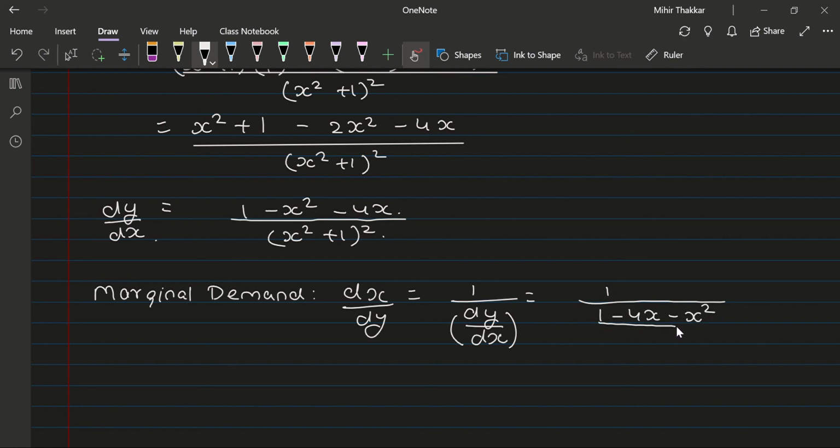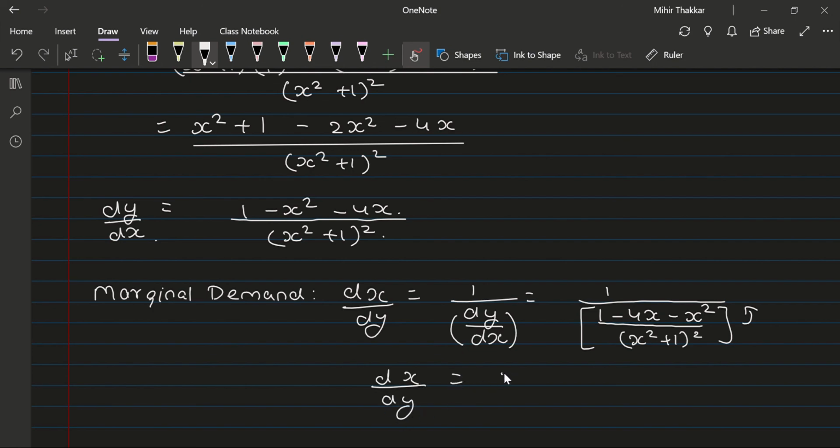I have just rearranged the terms, nothing else, x square plus 1 the whole square. Now take reciprocal of this term, so denominator goes into numerator and my answer is ready, which is dx upon dy